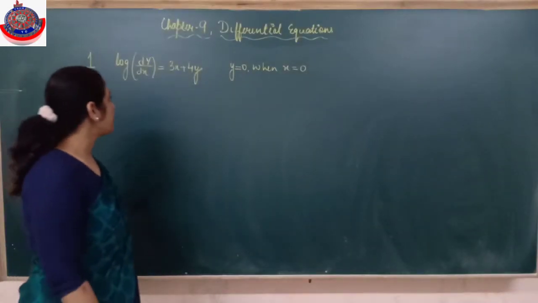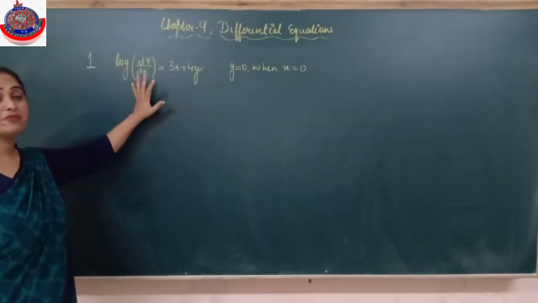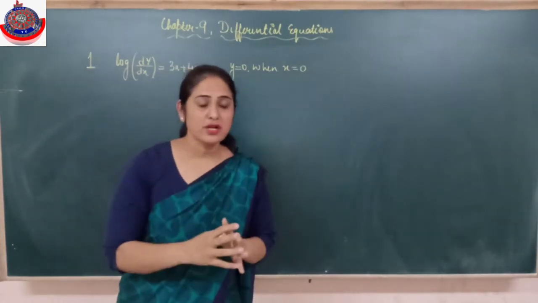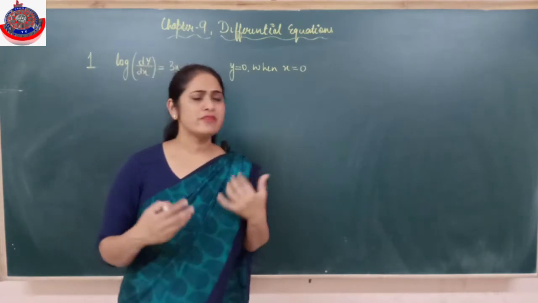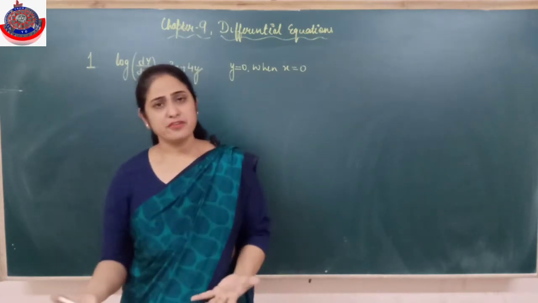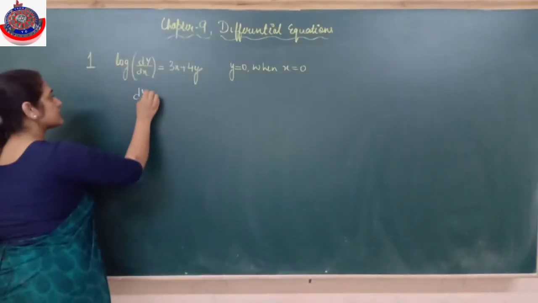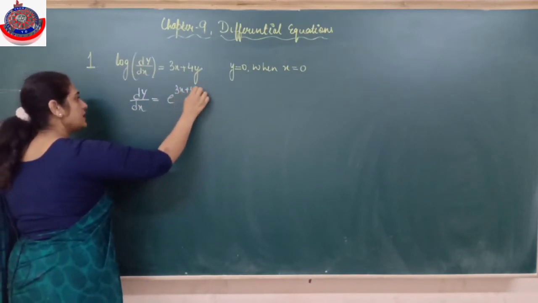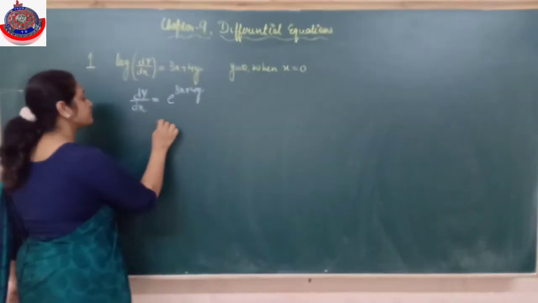Alright. So now if we look at the first question, it is log of dy upon dx is equals to 3x plus 4y. First of all, it should be in the proper form. Differential coefficient should be independent. Dy upon dx should be separate, a single term, because our focus is we say dy upon dx is equals to something and then we will separate the variables, or we check homogeneous, or we check linear differential equation. So dy upon dx should be alone. That is the condition. So I'll take log on that side. When log goes that side, then you know it very well, it becomes e exponential function because log and anti-log. Is it clear?